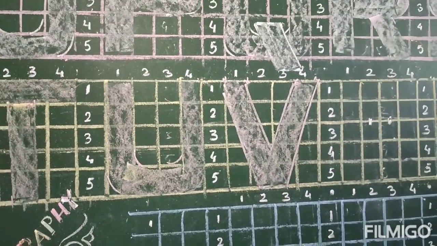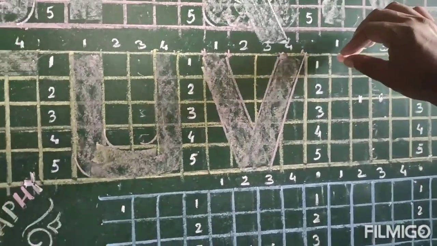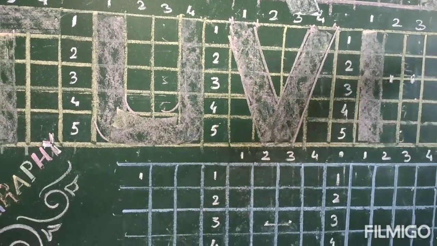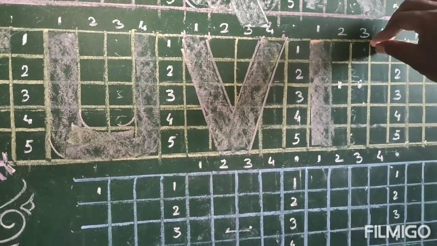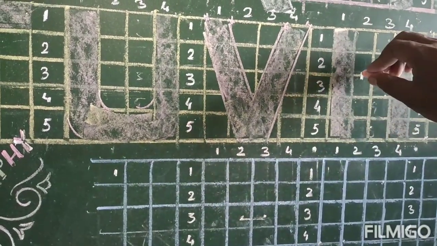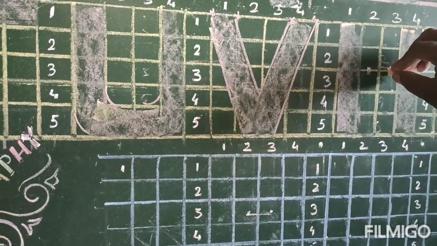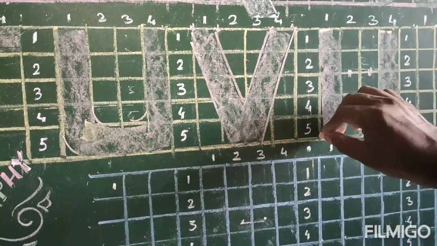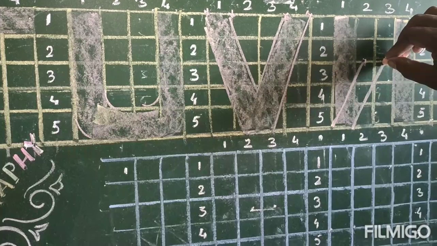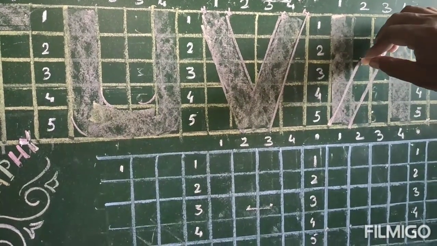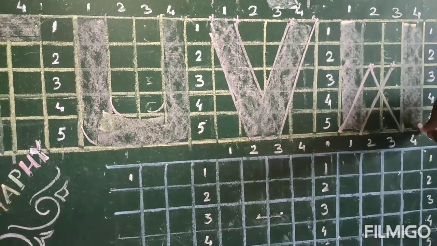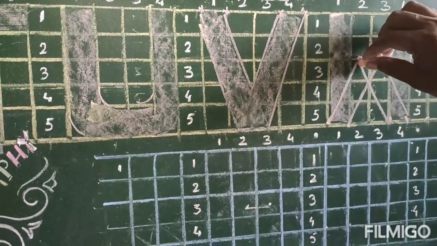So W, do you remember M? Just opposite M, we'll take these 5 vertical boxes as well as another side, this column, and we'll find out 2 points just opposite M. This point to this point will meet, and this point to this point, right? Vice versa. This point to this point, and this point to this last point. It will be W.